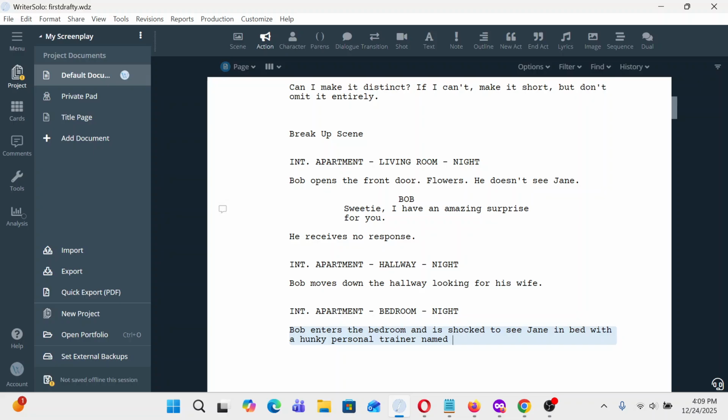I don't know. Greg. Whatever we're doing. So you could do that version where he walks in on her having sex with someone, a guy, a girl, whoever. They could be in the bathroom, having sex in the shower. So there's that version of it. There's another version of it where